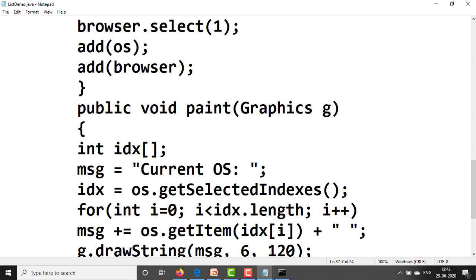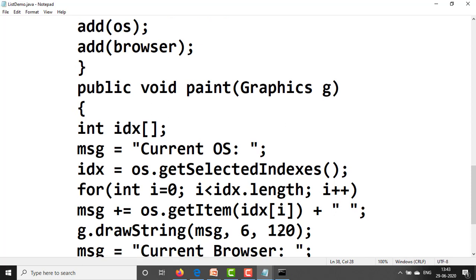For each and every index position, it takes the item and stores it into the message variable, plus a double quotation space double quotation semicolon. Next, g.drawString(msg, 6, 120), where we have printed the msg values.